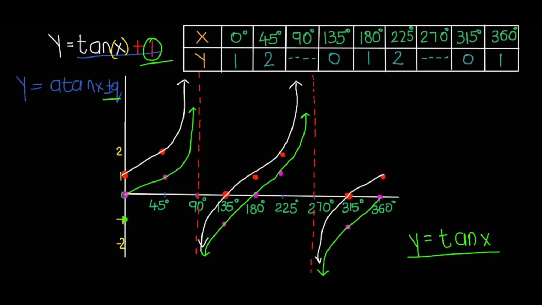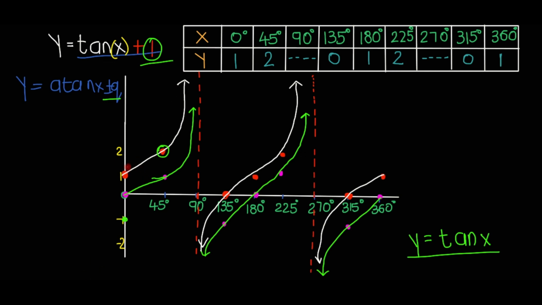So lemoga this one, mo re na le 45 and 1 ke original graph, but now mo re na le 45 and 2. This one ke original 45 and 1, but now re na le 45 and 2. So eno rela gore graph ya rena e ile godimo ka 1 unit. So this value ya q e re botša ka vertical shift. Let's say in example of this graph here